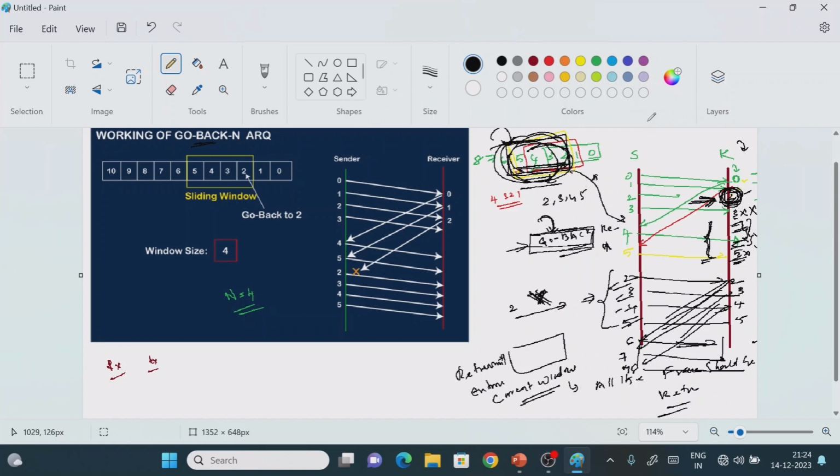Automatic repeat request means that if the acknowledgement is received, it must arrive within the time boundary. Here I have not activated any timer, but by default I am going to consider that the timer is activated. If no timer is activated, it would wait for an infinite time period, and no communication process would be done, right?